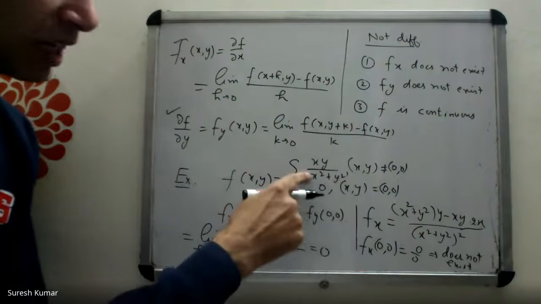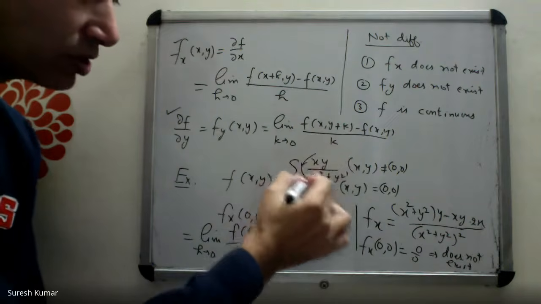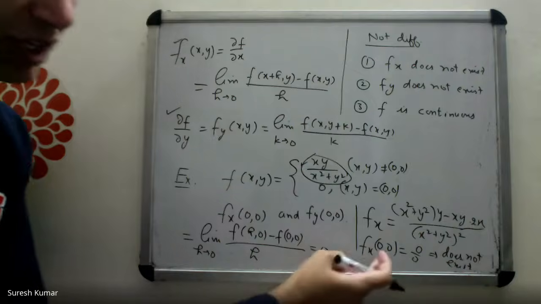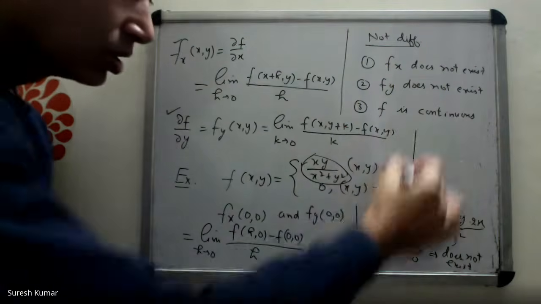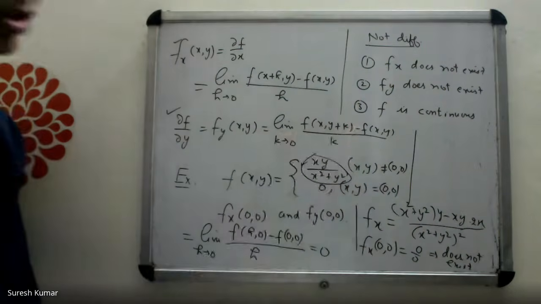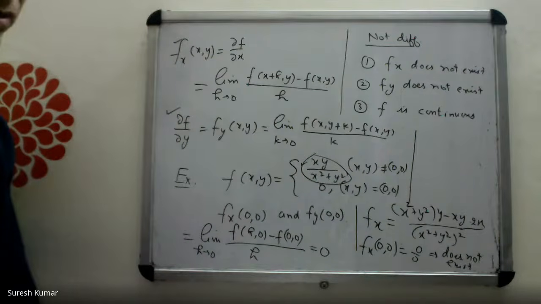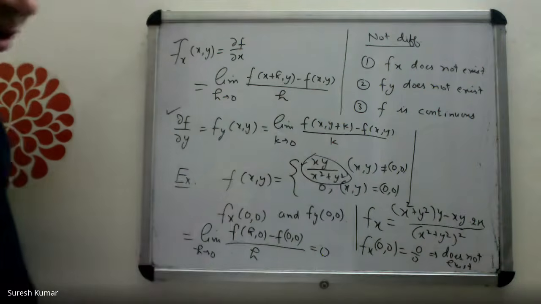This expression of the function is valid only for x, y non-zero. But you are trying here (0, 0). Correct? That's why this is wrong. Don't do this, especially at the point where the function is defined differently in the neighborhood. At (0, 0), its value is 0. At non-zero, it is given by this.